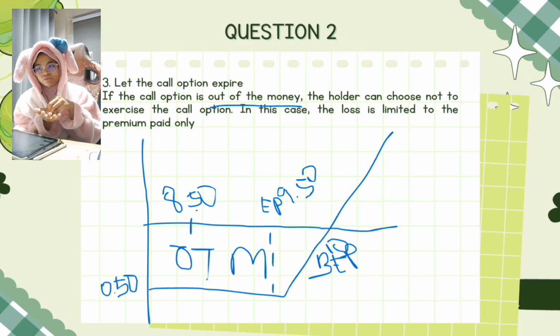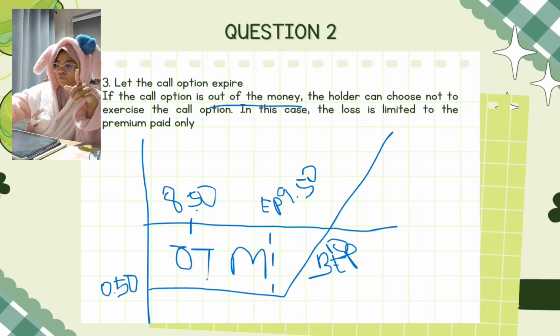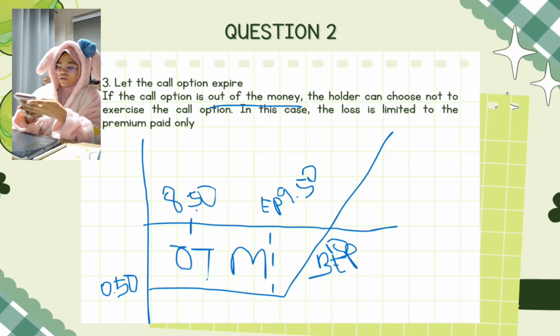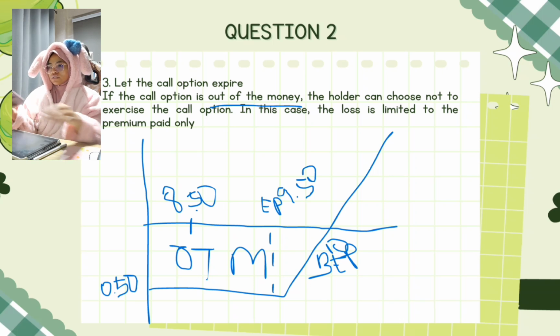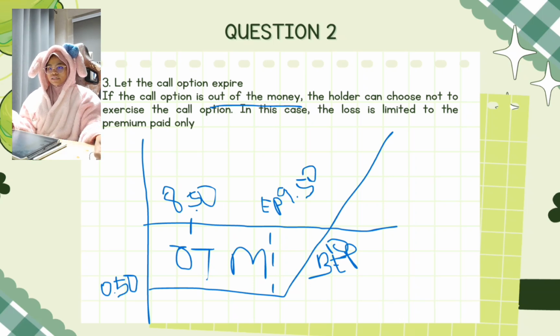So to calculate profit or loss here, we just have to take the market price minus BEP. So the market price is 8 ringgit 50 cent minus BEP 10 ringgit. So the loss here is 1 ringgit 50 cent, which is more than the premium paid. So